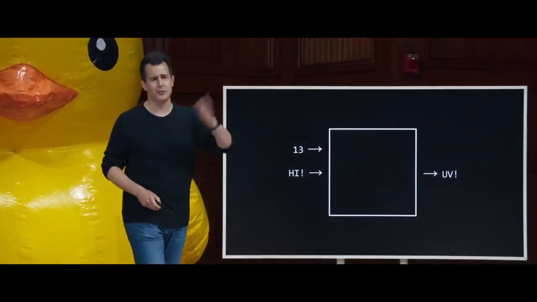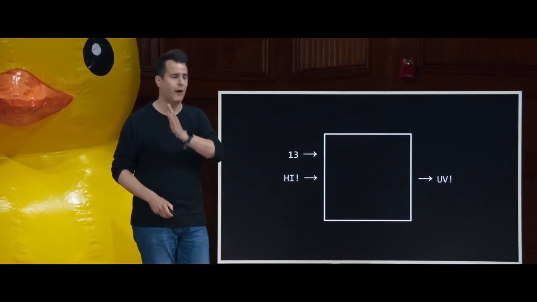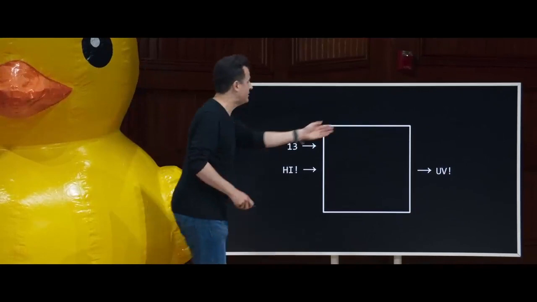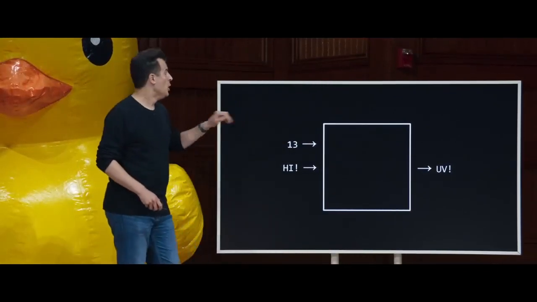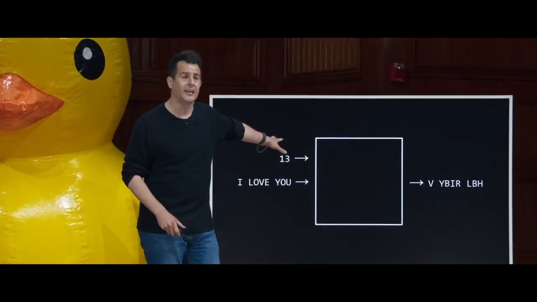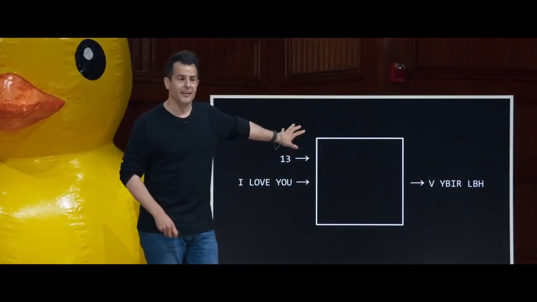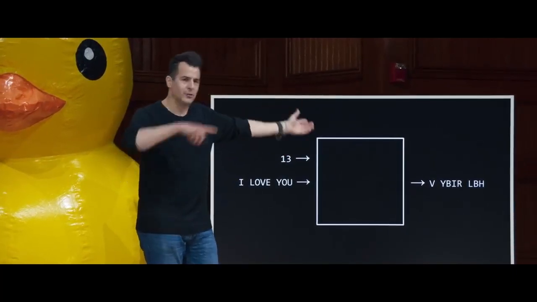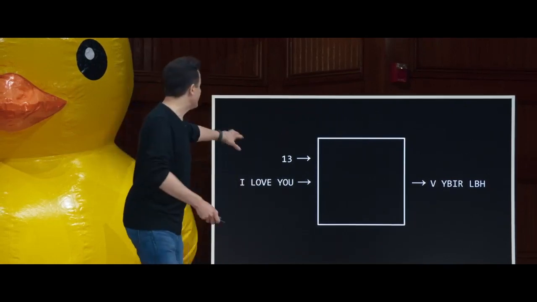13 is kind of more common. This is called rot 13 on the internet, for rotate the letters of the alphabet 13. That changes "hi" to "uv!" You might think, what's better than 13? Well, let's double the security. Rot 26. Why is this stupid? I mean, there's 26 letters in the alphabet, so A becomes A. So that doesn't really help.